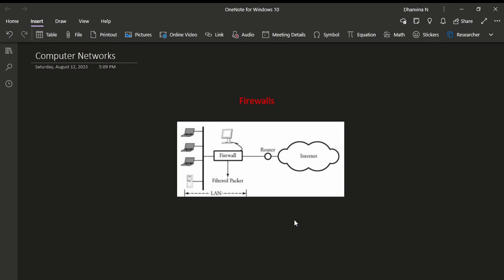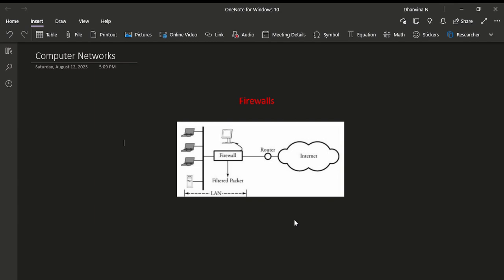Firewalls. As the name suggests, a firewall protects a type of data or information from the outside world. A firewall can be a software program or a hardware device. A firewall is a simple router implemented with a special program. These programs can be in a set of software systems or hardware devices.